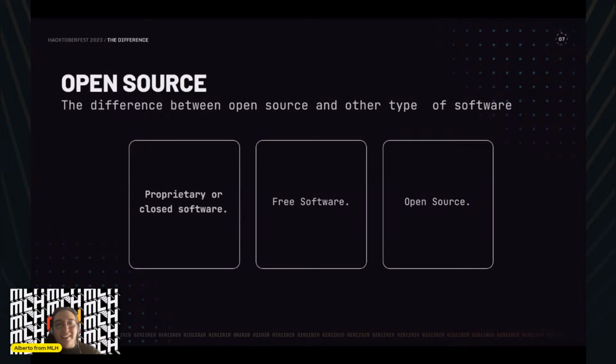Meanwhile, in contrast, the open source values are mainly practical, and this is not the same as free software. Another thing to keep in mind is that in some cases people tend to confuse free software with free as in, in Spanish it's called gratis.